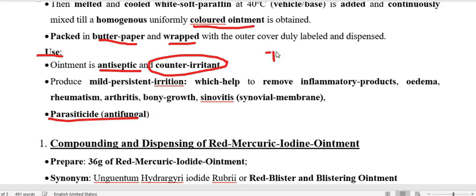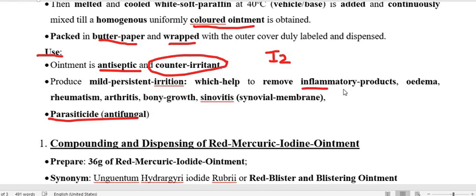So iodine is an irritant, so we are applying it on the irritation or the inflammation. If you are applying anything that is irritant in nature over the inflammation, we are calling it the counter irritant action. So we are using iodine ointment as a counter irritant, where we are using it,